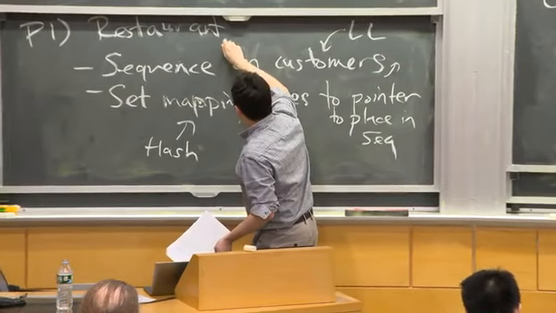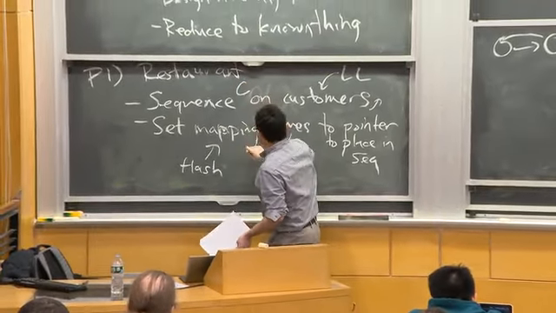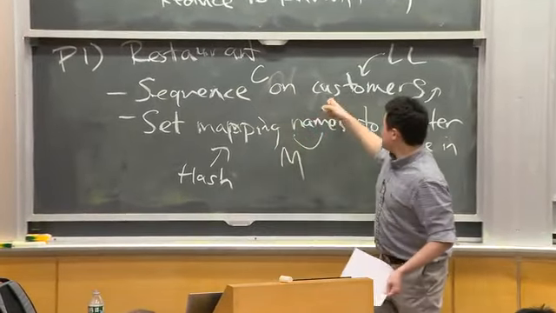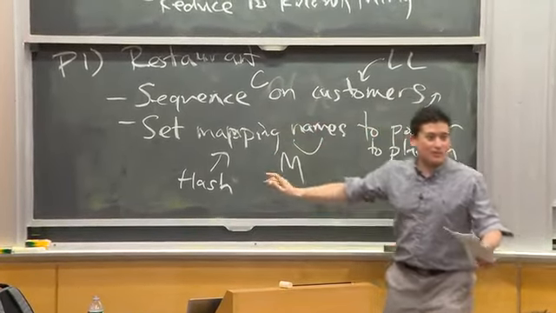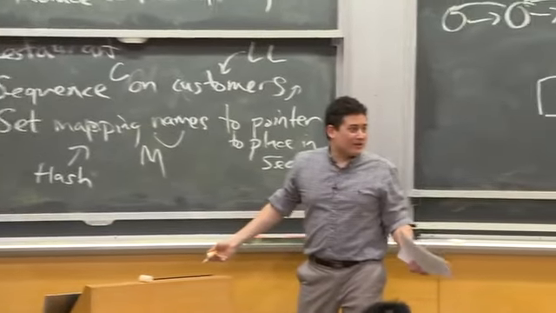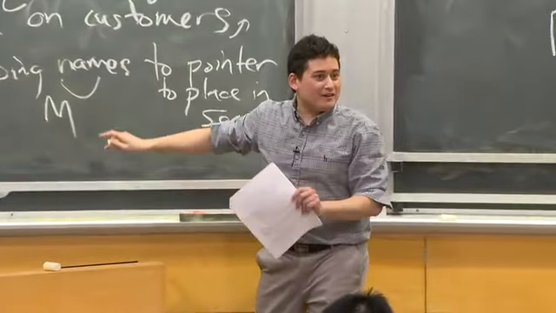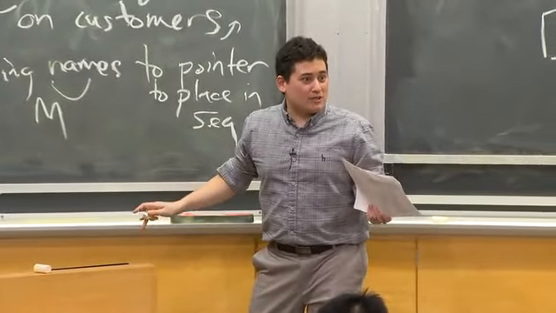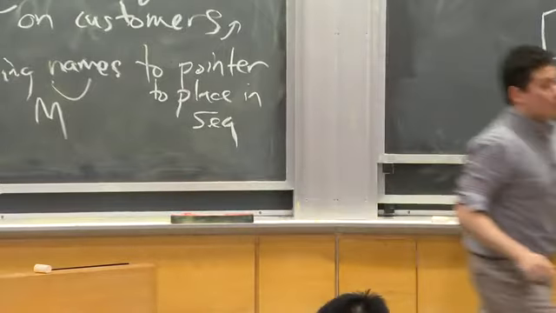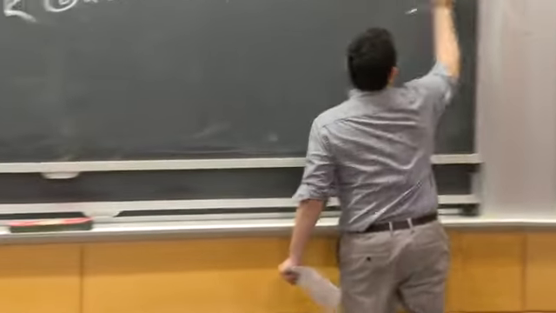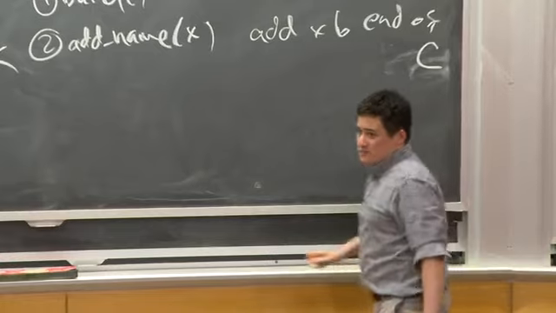Say this is a sequence C and M. I don't know, I see customer here, I see map here, so maybe. But just give them a letter, and we can follow you much more clearly, and you can refer to these things more precisely, right? So end of C. Okay?